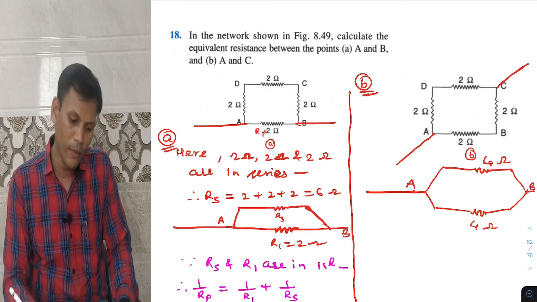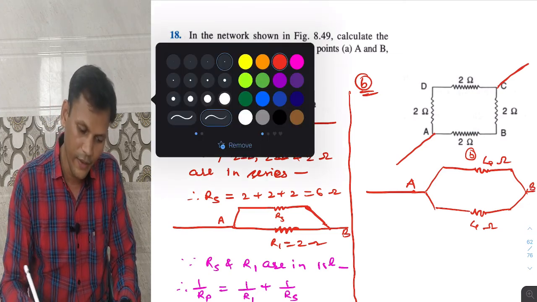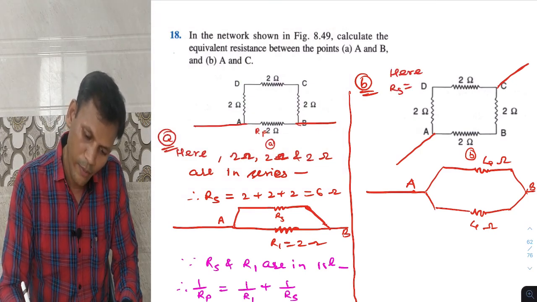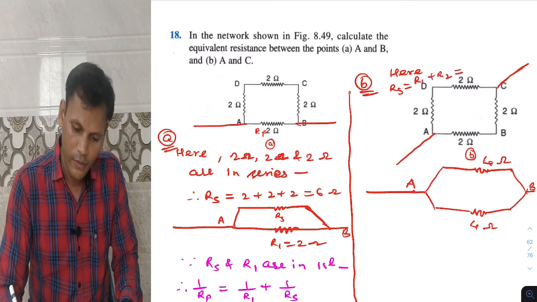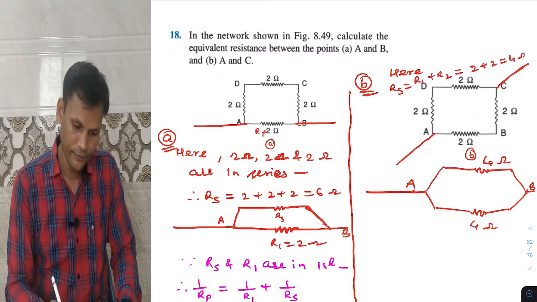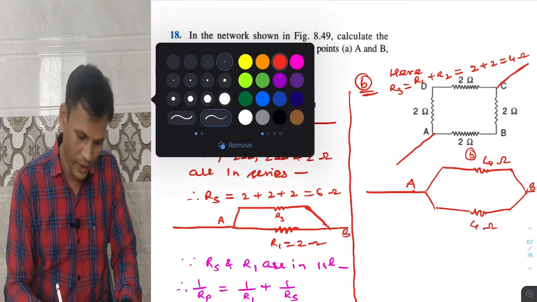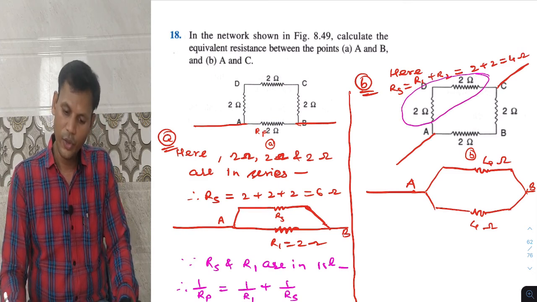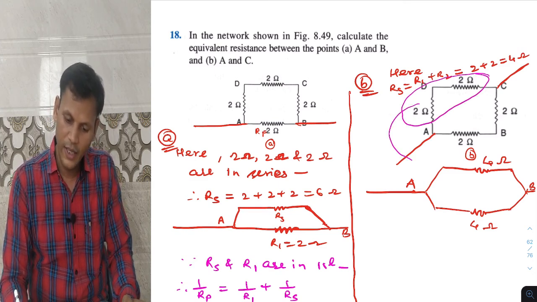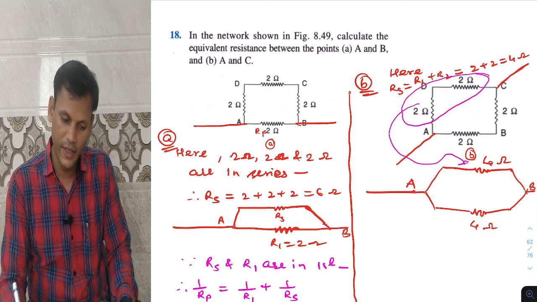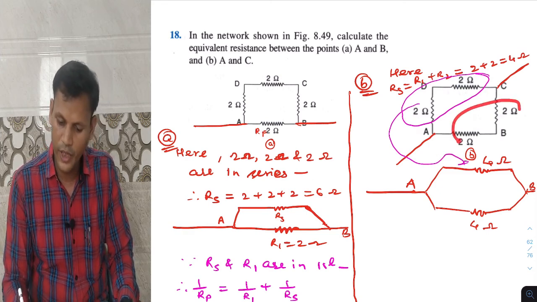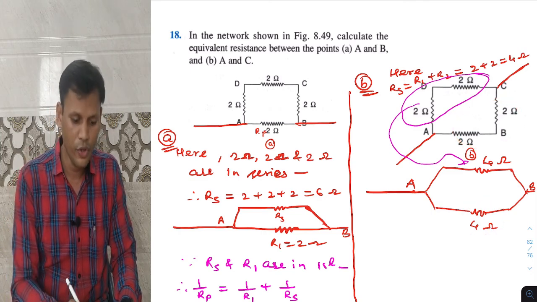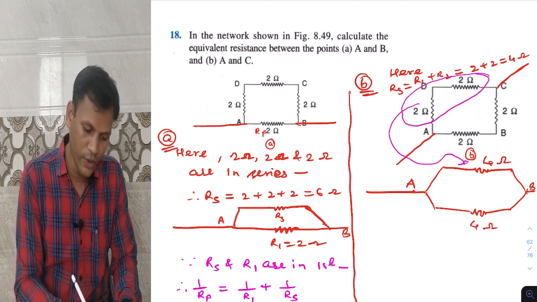So now 2 ohm and 2 ohm are 4 ohm. So we can write here Rs is equal to R1 plus R2. So it is 2 plus 2, that is 4 ohm. It is about these two parts. These two are in series. So that is here, and same way for the other side also. For this side 2 plus 2 becomes 4 ohm. Now 4 ohm and 4 ohm are in parallel combination. So the parallel combination we will find out.